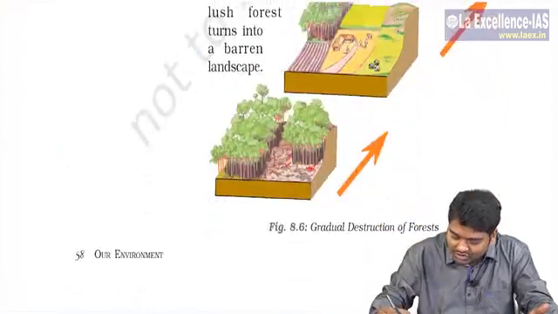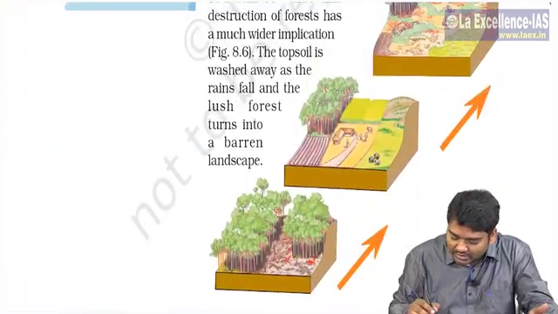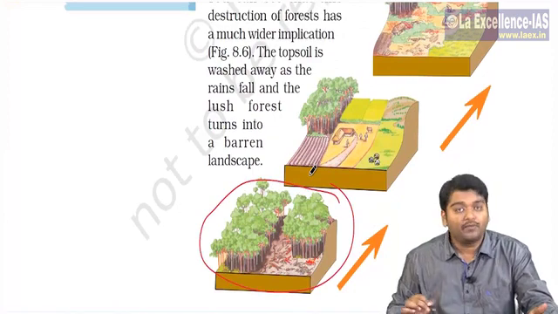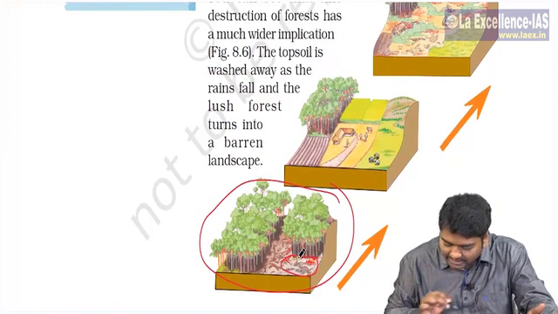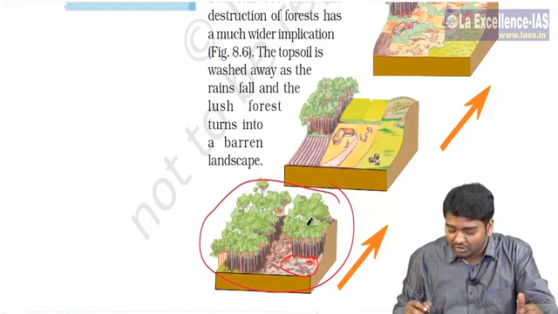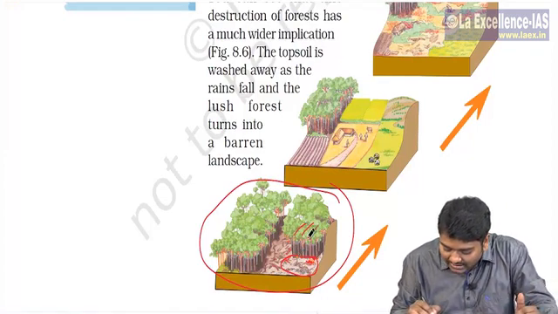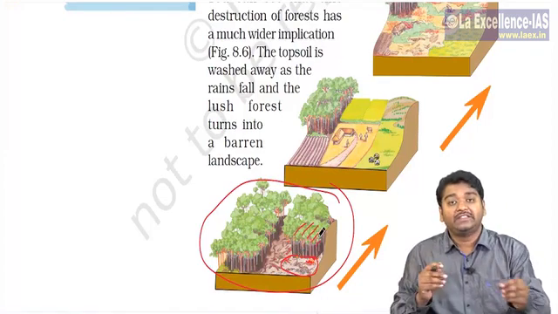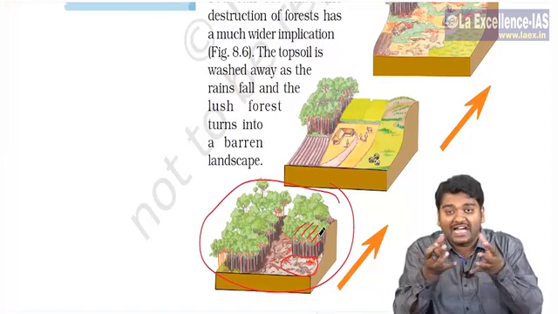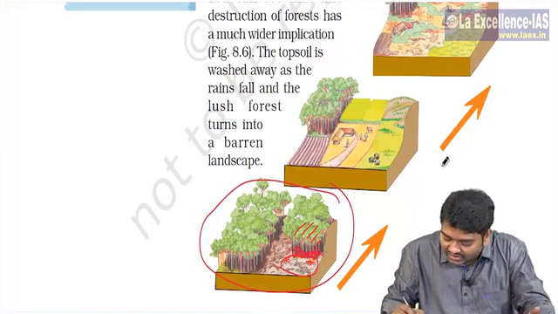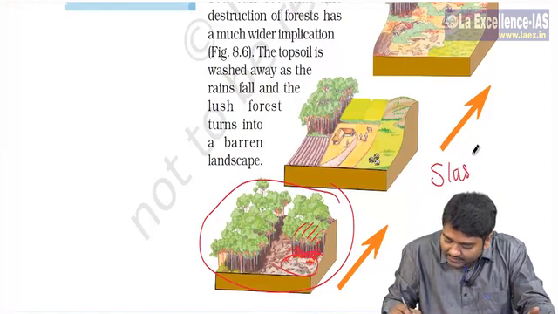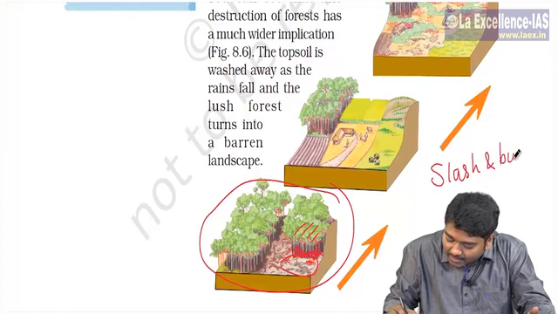I'll show you this picture, right? So they have a piece of land. Now, they go to this particular area. In this they would have done cultivation now. Next what they do, they actually cut this portion, they burn it, and the ashes whichever come, they usually mix it in the soil. So this cultivation is called as slash and burn cultivation.